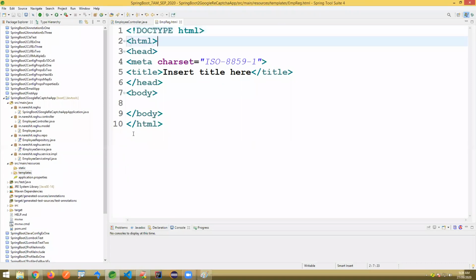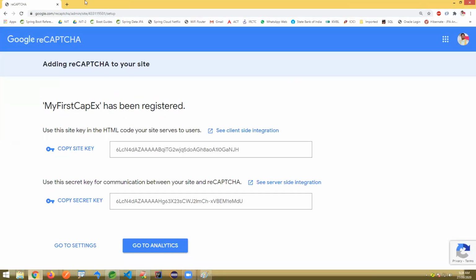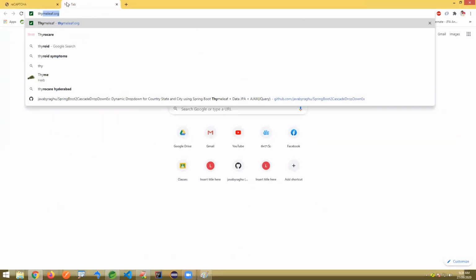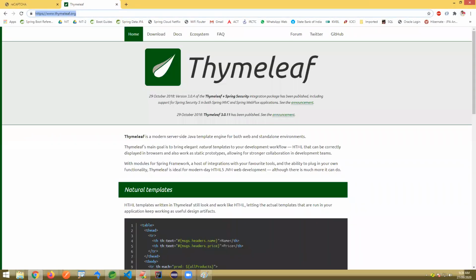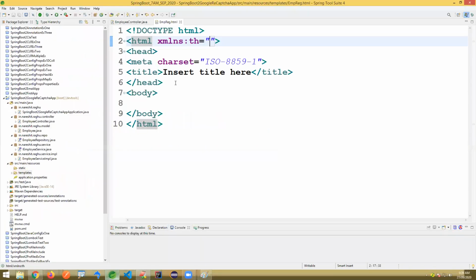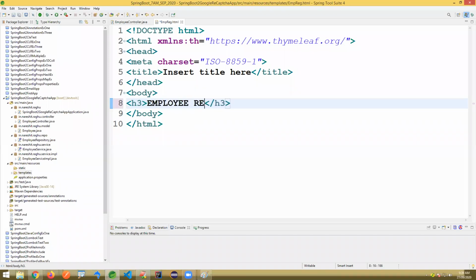Now here at line 2, I'm linking the Thymeleaf concept, xmlns:th. It's a Thymeleaf link we need to add. This URL I'm just copying, nothing else. Now I'm designing one form here, a simple form, an employee register form.